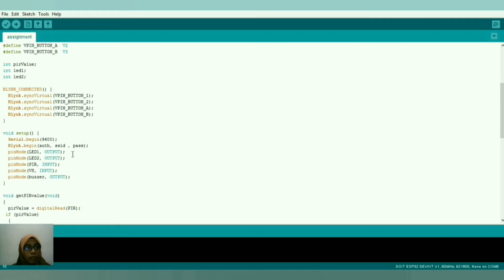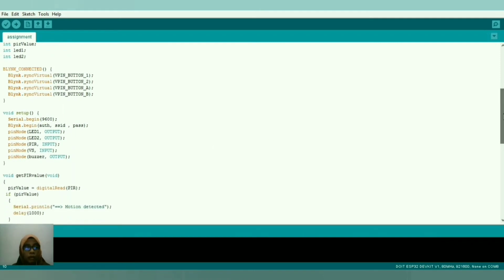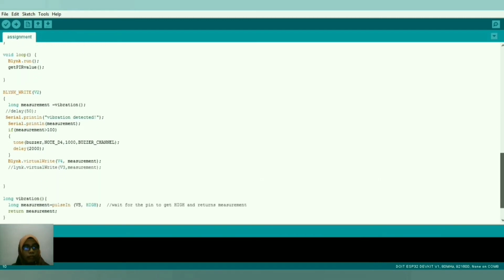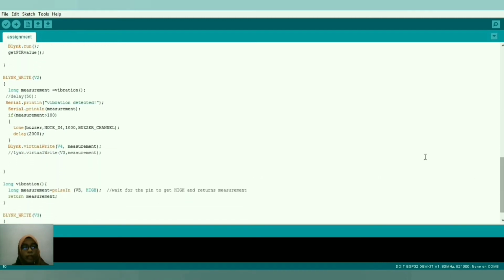We also define the virtual pins that are used in Blynk. So we set up the devices, which are output or input, and then here the void get PIR value, where we want to get the value of the PIR sensor. Whenever the PIR sensor detects motion, the two LEDs will turn on. And then V2 means the virtual pin 2 that I use in Blynk, which I connected with the vibration sensor.